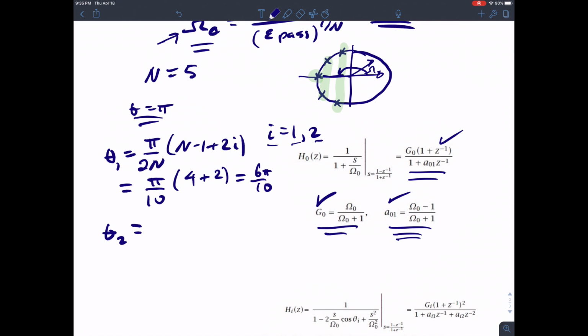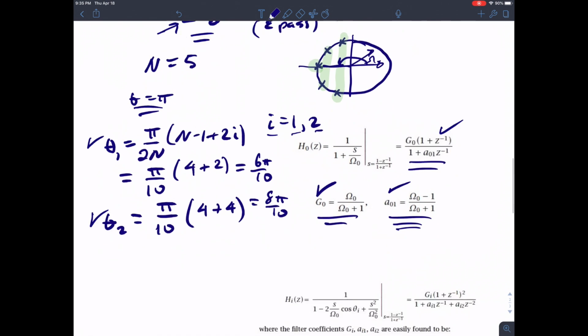Theta 2, the second pair of complex conjugate poles, would be pi over 10 times n minus 1, which is 4, plus 2 times i, 2 times 2 is 4, so I get 8 pi over 10. So at this point I have the theta, and I also have omega naught, which is all I need